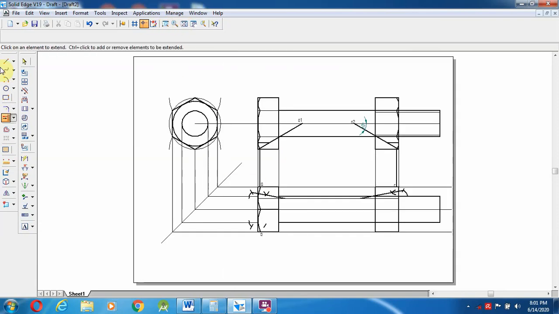So after fit, select arc by center point method again, the end of line. So from here, what is the dimension? 35.7. So 35.7 I am going to create over here. Stop at the particular line. Okay.